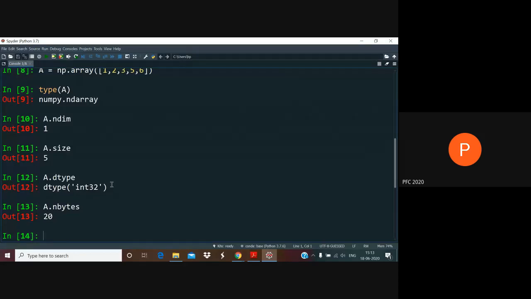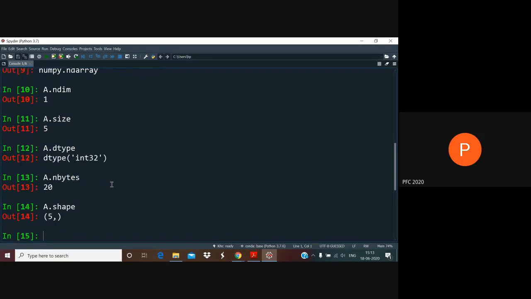But one of the most important attributes of an array is the shape, which is a tuple, which essentially says along each dimension or axis of the array how many elements you have. Here it is just one dimensional. Because it's one dimensional, there's only one number: how many elements does the array have? But because it's a tuple, it's written with round brackets and there's a comma. It's (5,).